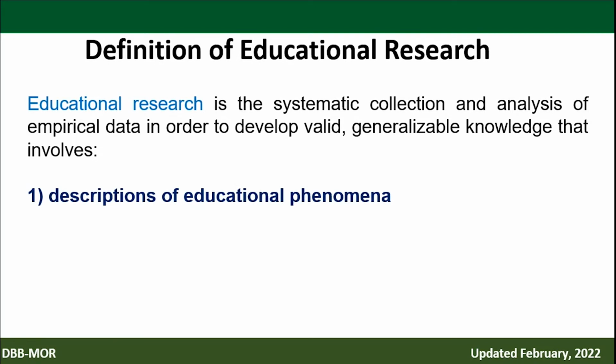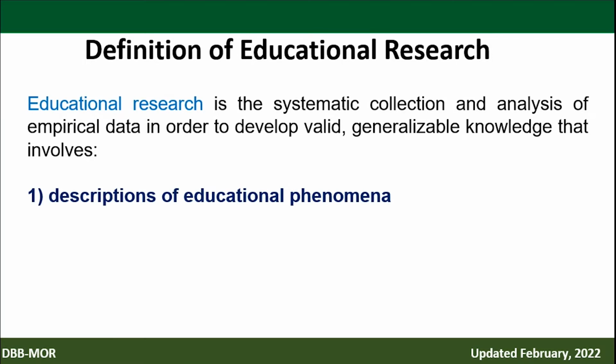So it should be empirical data gathered from your participants or your subjects, considering, of course, the tool, system, or method appropriate for your research design. But don't forget analysis. Now, after collecting, you have to analyze. So analysis of empirical data in order for you to develop valid generalizable knowledge